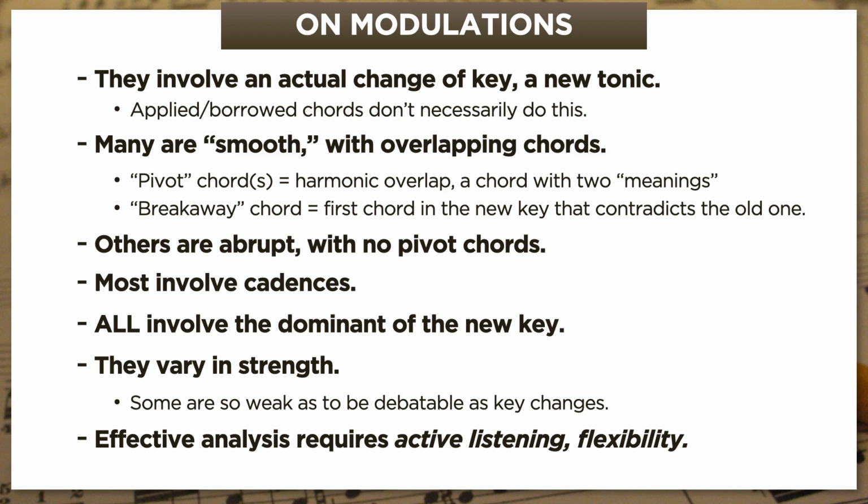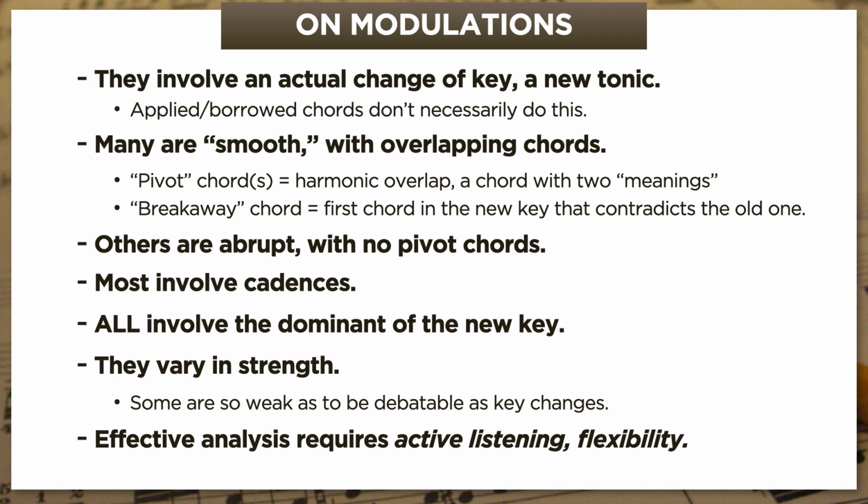Often there's not just a pivot chord, instead there'll be multiple possible pivot chords, each of which points to a slightly different hearing of the passage. Or maybe there's no pivot chord at all. In any case, it ends up being a matter of musical judgment, not just algorithmic labeling. But before we get to those examples, we need to ask, if a composer wants to change keys, where is he or she likely to go?